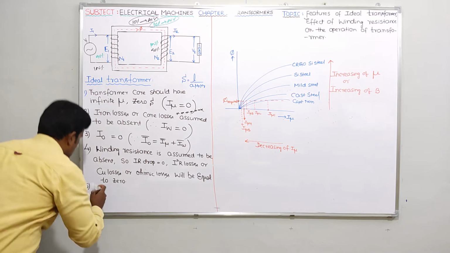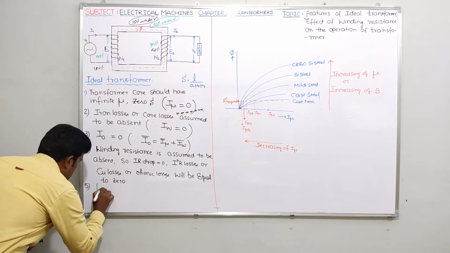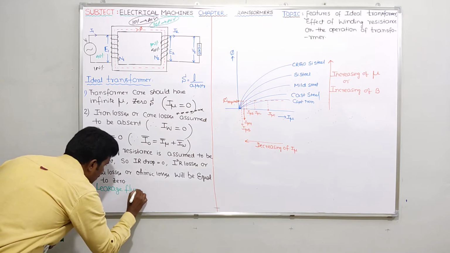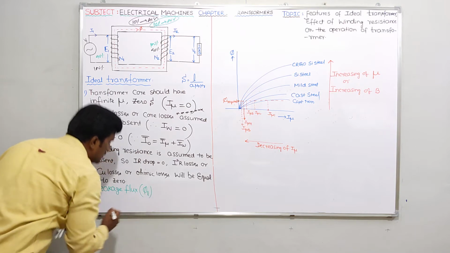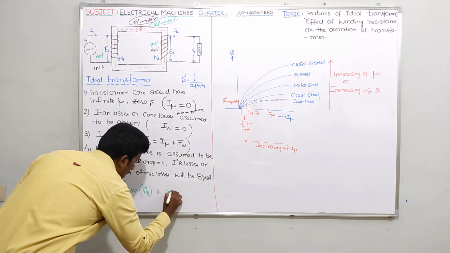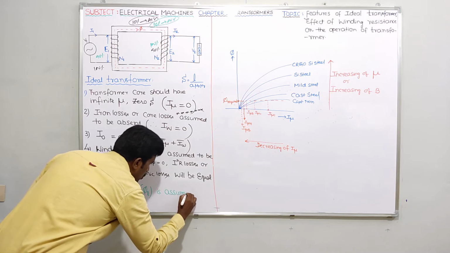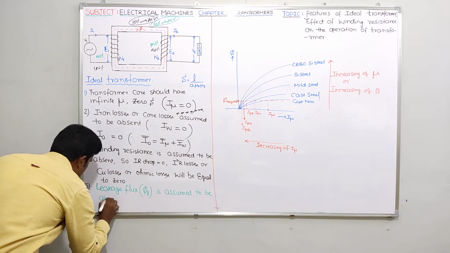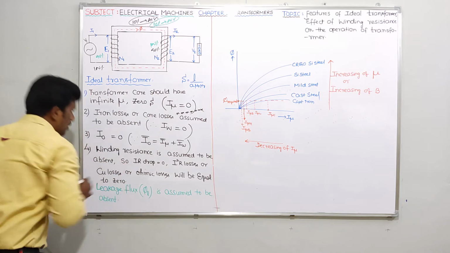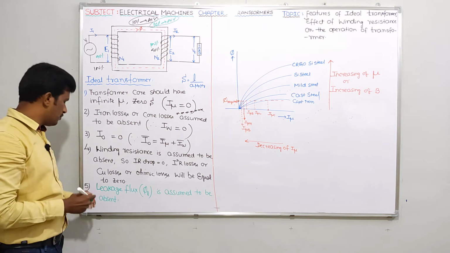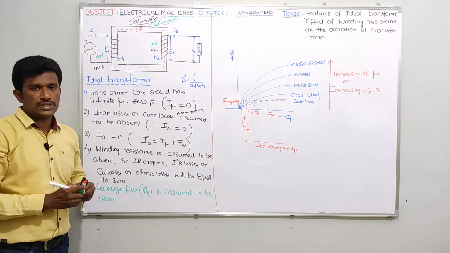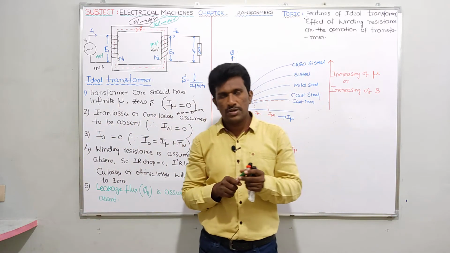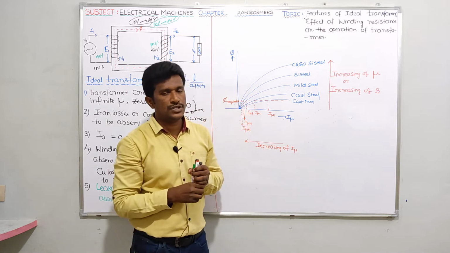So let me write here. Fifth point, leakage flux. Let me write simply phi suffix L, phi L. Leakage flux is assumed to be absent. Okay. You please note down one definition here. After fifth point, you please note down definition for leakage flux. Please keep subheading leakage flux, phi L. Please give subheading leakage flux and just let me give a definition.